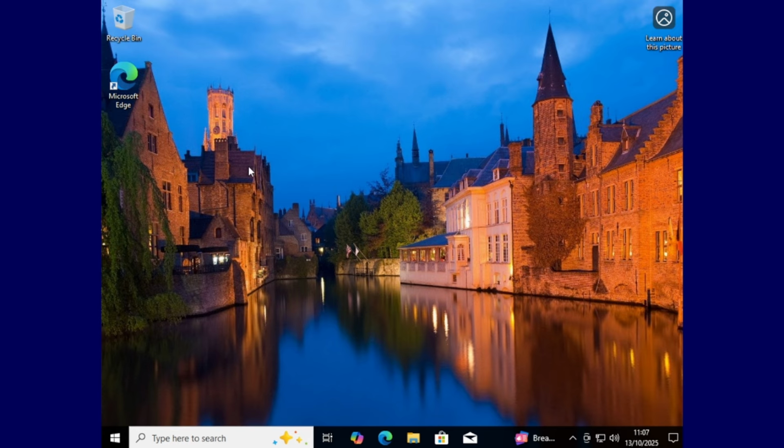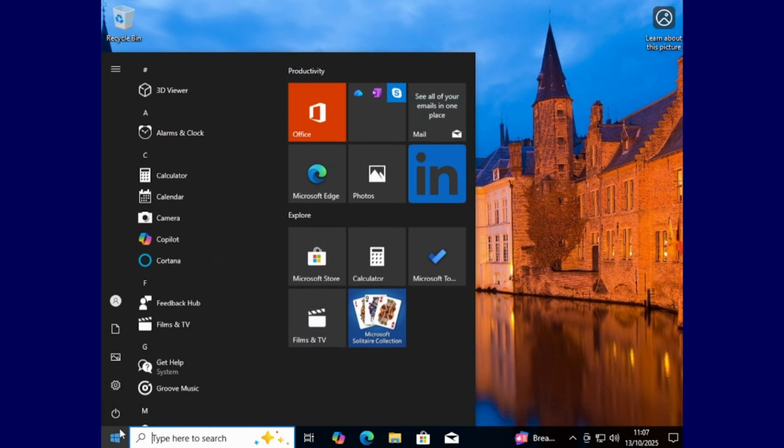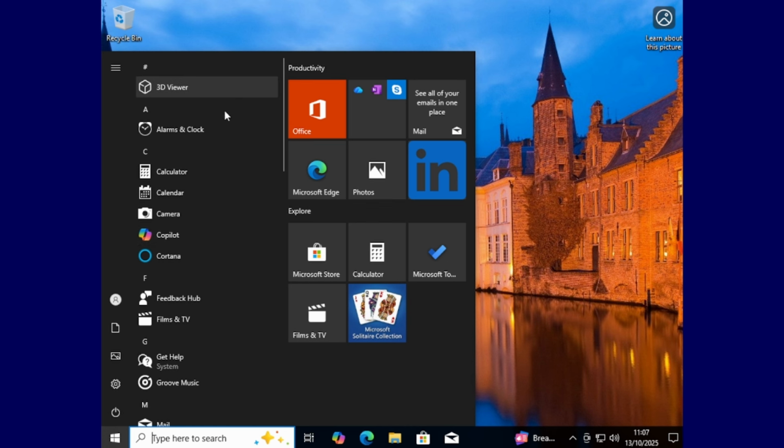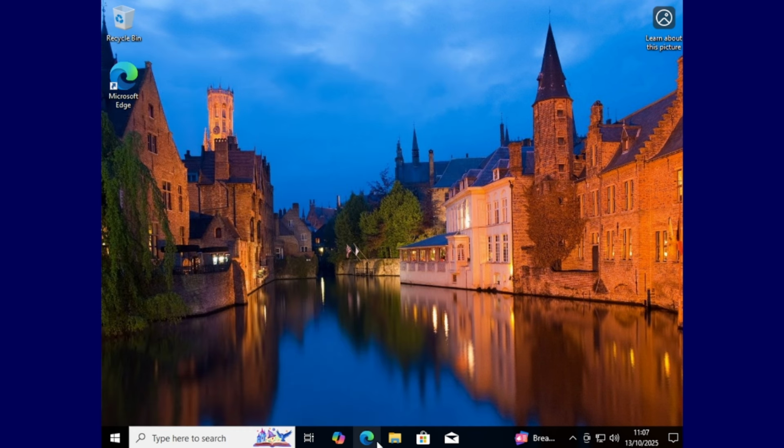Now, as you can see, the desktop is very similar to the 2015 build of Windows 10. However, there are differences. Now, unfortunately, the screen resolution is less than optimal for Windows 10, but this is the only thing that VirtualBox will really give me, plus I have scaling turned on. So, with that, if I go into the start menu, well, first of all, we are connected to the internet,